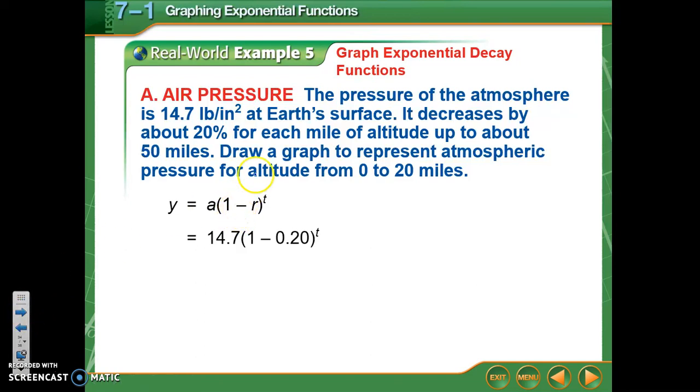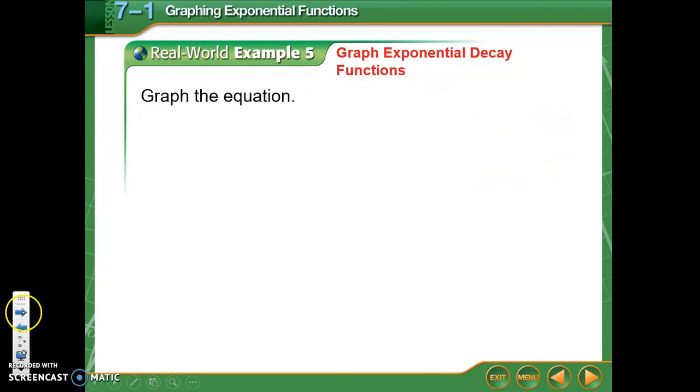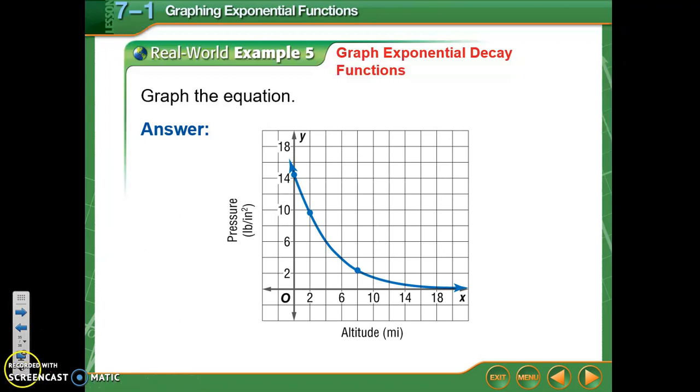My initial value here, it says the pressure of the atmosphere is 14.7 pounds per square inch at the Earth's surface. And it decreases by 20%, so here's where they have the 0.2, for each mile of altitude up to about 50 miles. So again, this is decreasing, so 1 minus 0.2, 14.7 is my starting amount, and then t will just be my time. And here they're asking me to graph for the altitude from 0 to 20 miles. And this is what our graph would look like. So be careful here because t is actually altitude, not